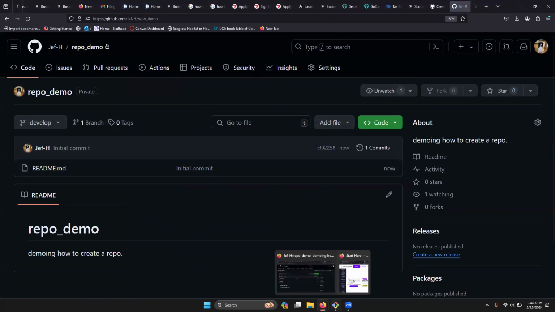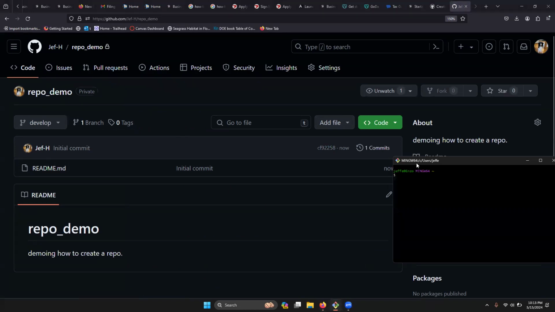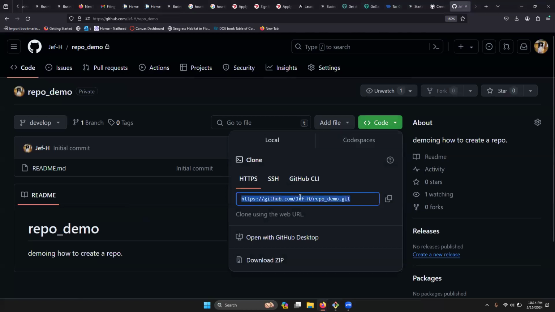Now, the next thing I want to do is open up a terminal. I want to cd to dev because that's where I have stuff. pwd is how I use a print command, and I ls, and these are some of my different repos. So the next command I want to do is a git clone,